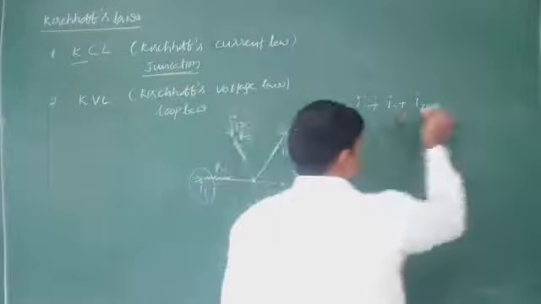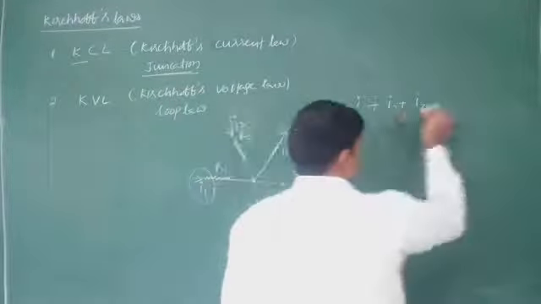So current starts from the positive terminal of the battery, moves, and approaches the negative one. When we are moving in this path, I am giving the path like this, the potential gradually decreases. We use the word potential drop. What is the meaning of potential drop? It means the potential decreases. What is the potential drop across this first resistor?